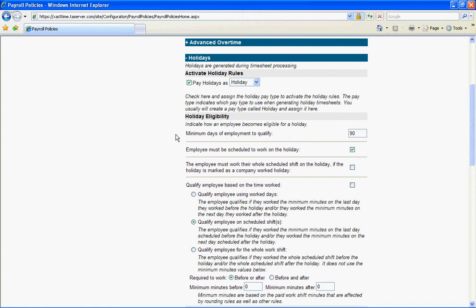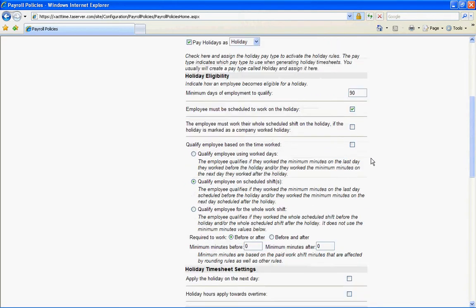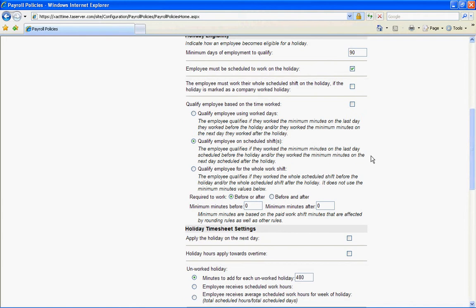If the employee has a minimum number of days that they have to be employed in order to qualify for holiday pay, this number is entered here. If the employee has to be scheduled to work on the holiday, this box should be checked. If the employee qualifies for holiday pay based on certain rules, then this area must be checked and the rule